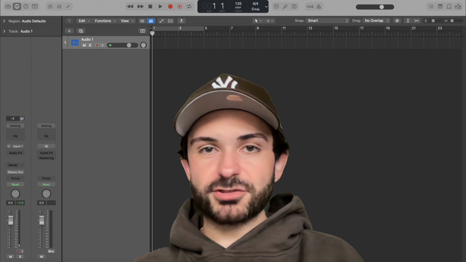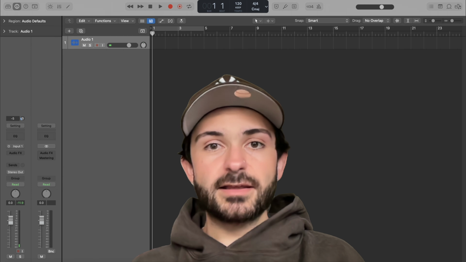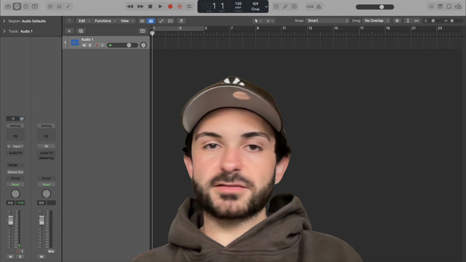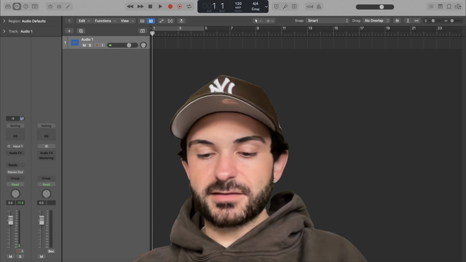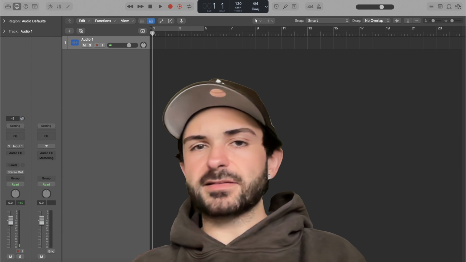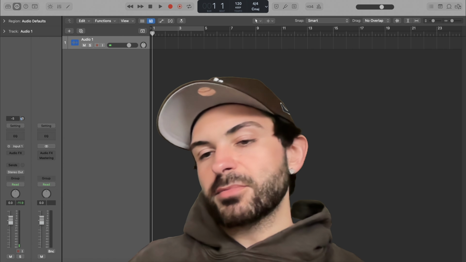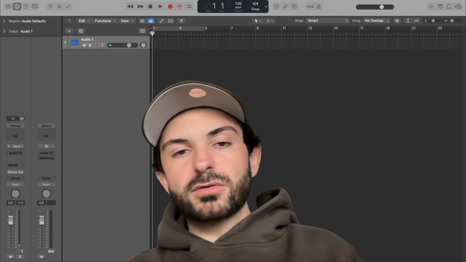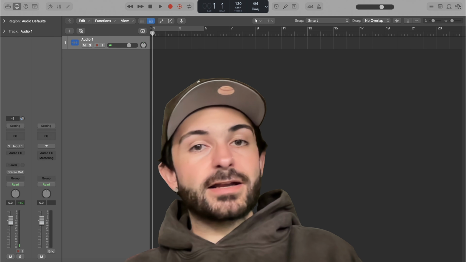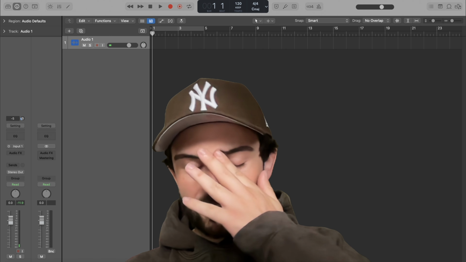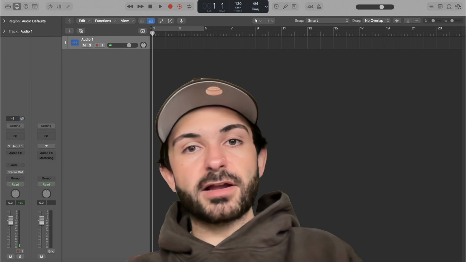And this goes beyond just EQs. This goes for everything. The compressors, anything you could think of, saturators. I just use the EQ example because the parametric EQs are very visual, and that's like the easiest trap to fall into, I believe. But it goes to show why plugin designers spend so much time making sure that their plugin looks the way it does.